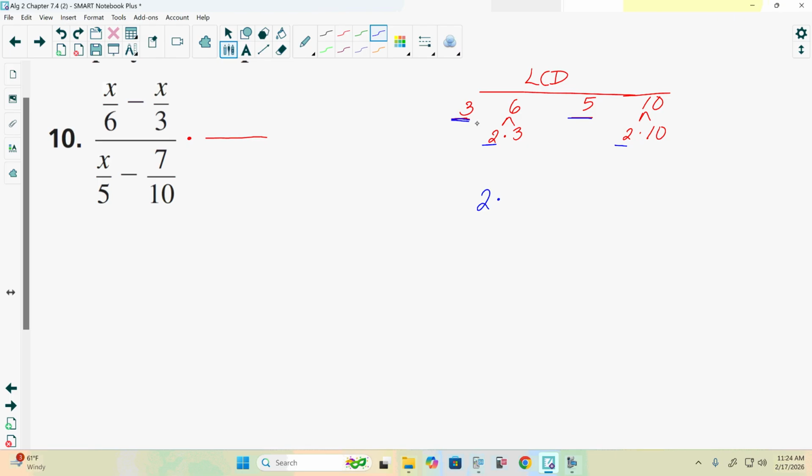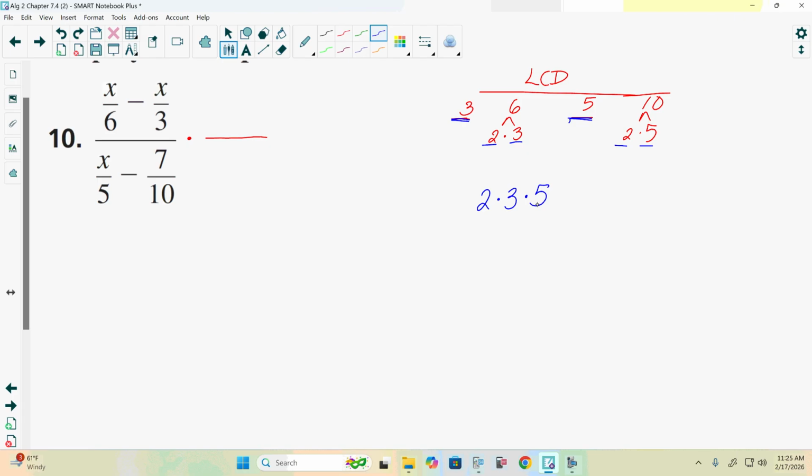We can do the same thing with 3. In all the spots, 3 only shows up once. I just realized I wrote 10, but that should be 5. And lastly, 5 only shows up